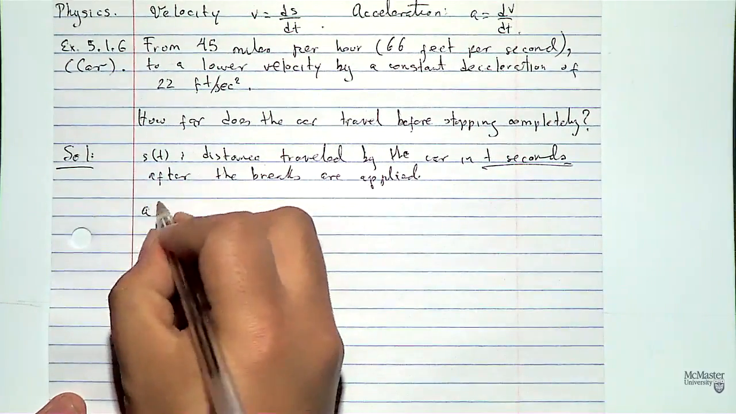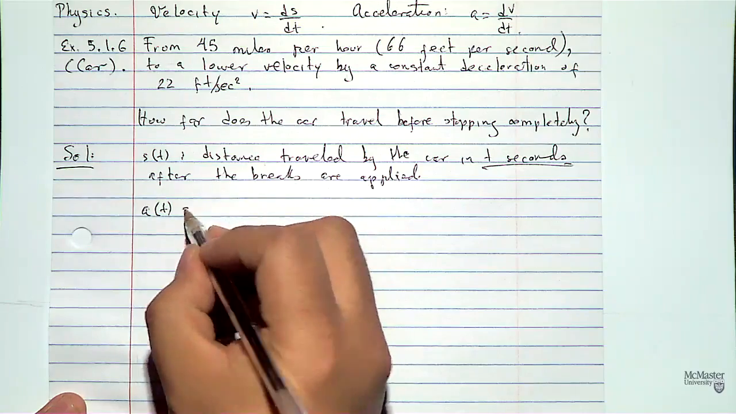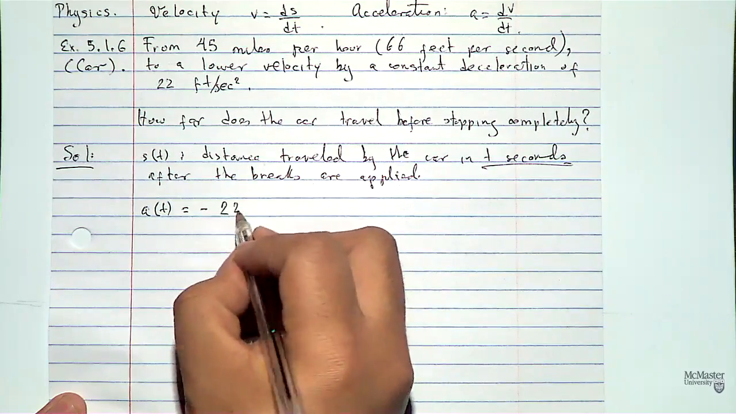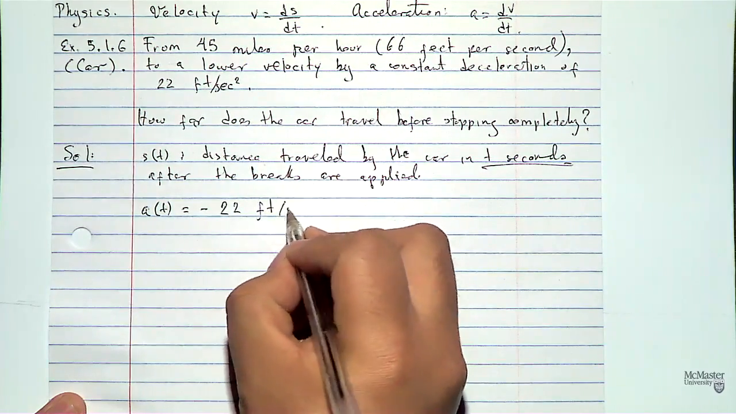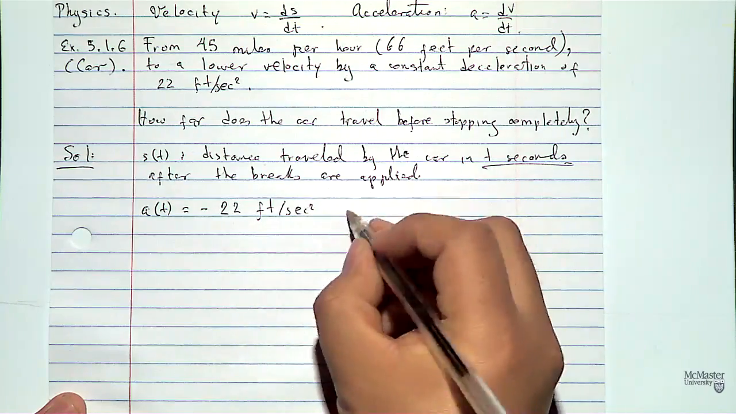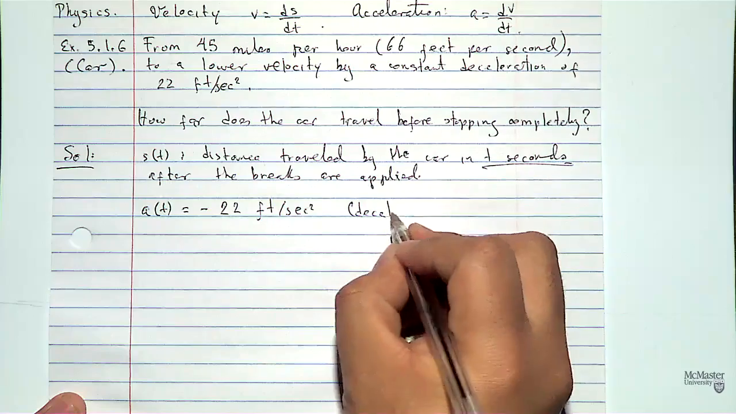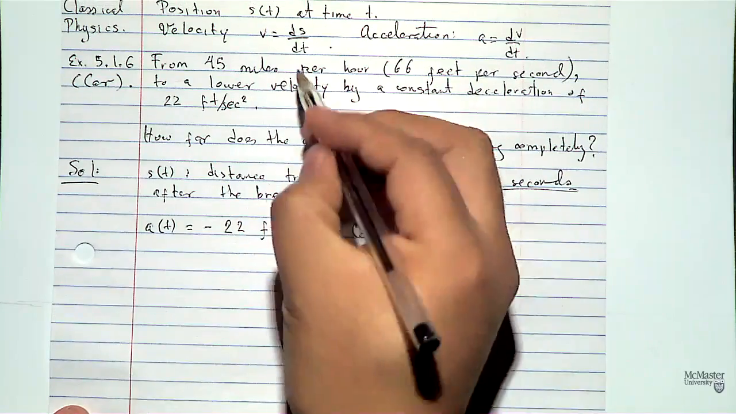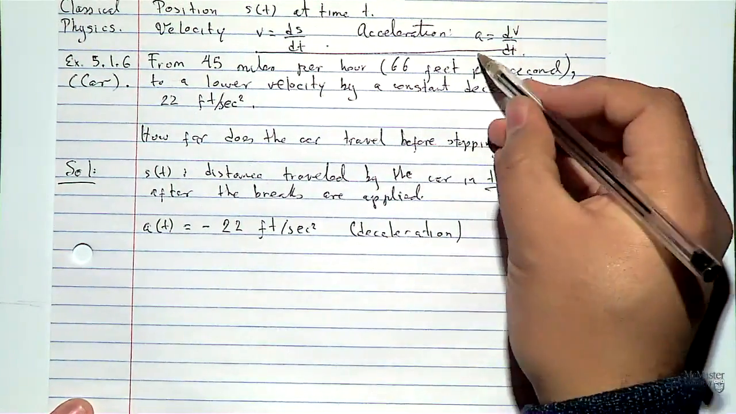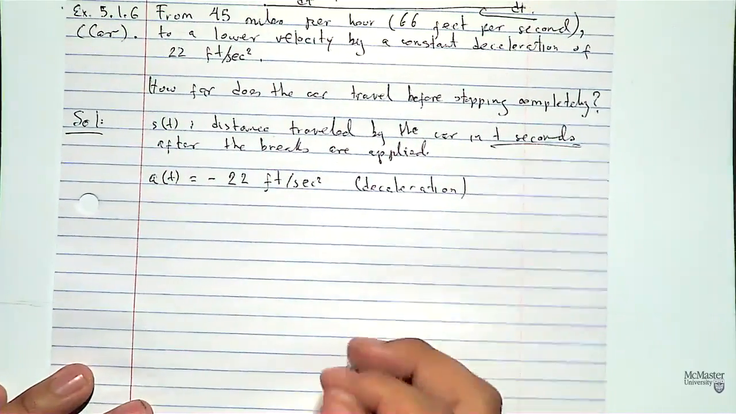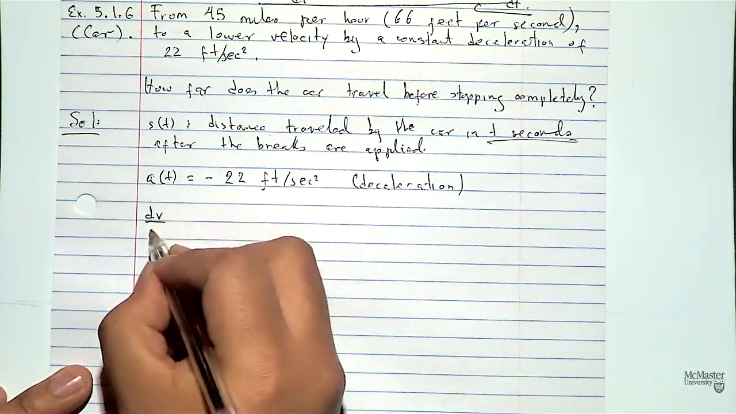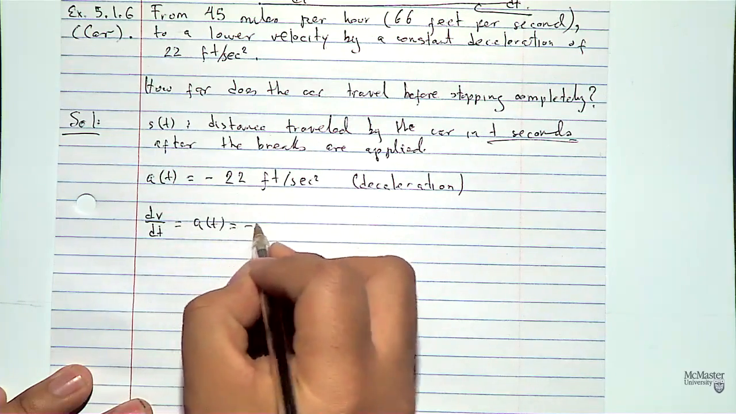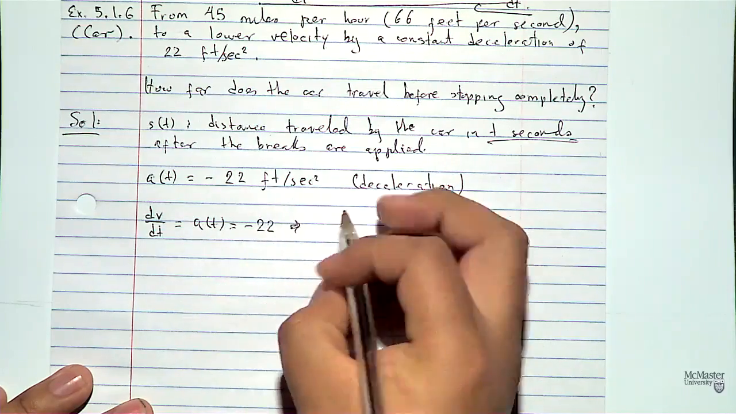And you know that the acceleration is constant, but it's negative because you are having a deceleration of minus 22 feet per second squared. So the minus is related to the deceleration. Now, you start to use the physics definitions that we presented at the beginning. So the derivative of the velocity with respect to time is acceleration, which is minus 22, which means that if